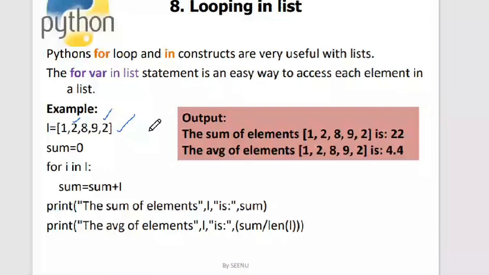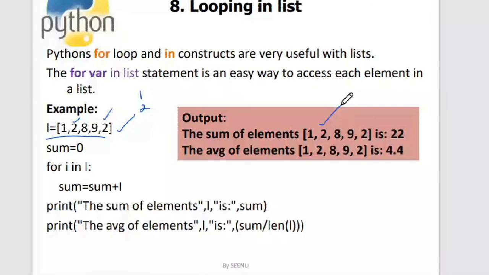That's the first thing. The second thing is that lists are ordered sets. What is meant by ordered set is, see here, the list elements are 1, 2, 8, 9, 2. So 1 is at index 0, 2 is at index 1, 8 is at index 2 and so on. When I try to print it, the order will not change. The order will be 1, 2, 8, 9, 2 only. It will not be 9, 8, 2, 1 or some random order. If you get some random order, it is an unordered set. So the list is an ordered set.